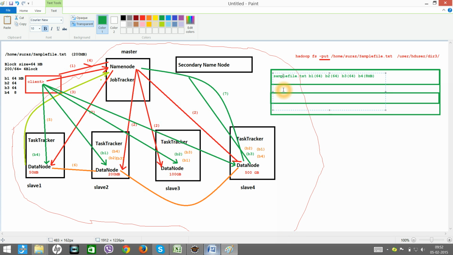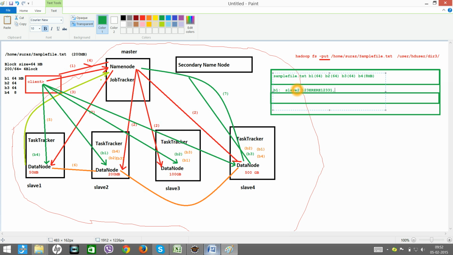Okay, now B1. B1 block is stored where and where? If you see, the B1 block is stored in slave 2, right? So I'll say slave 2 at some address, let's say 123. Let's say this is some address reference.